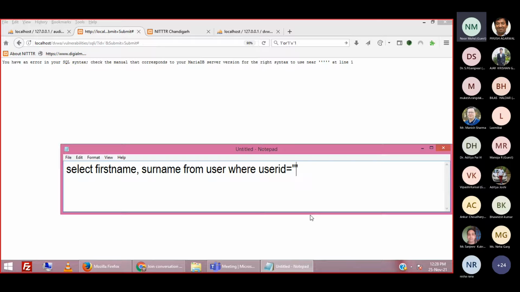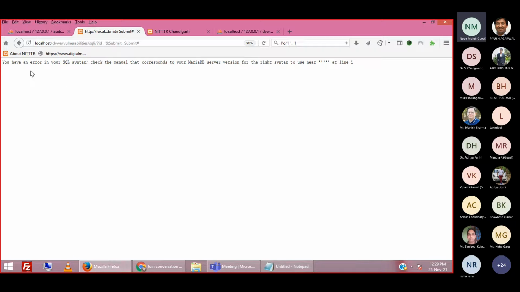So let us try to put a single quote here. You can see that after putting this single quote, there will be 3 single quotes back to back, which makes this query unbalanced, right? This query should only have 2 single quotes with a parameter within them. If we put one more single quote, there will be 3 single quotes back to back, and it violates the syntax of SQL. That is why the SQL gives an error, right? You can check here what error we are getting. We are getting an error of SQL syntax.